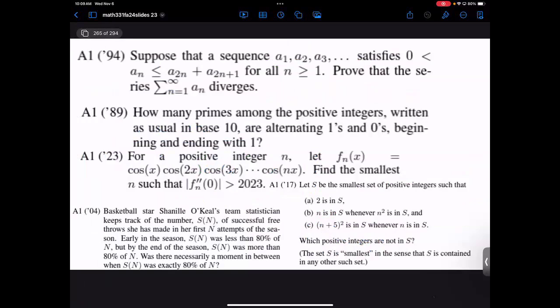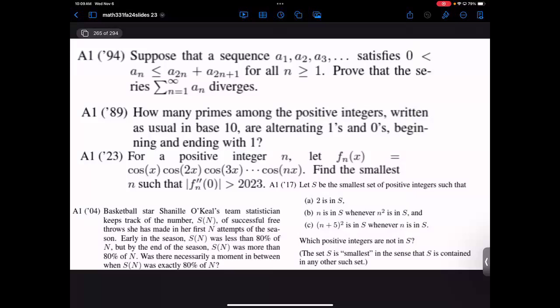From 89, how many primes among the positive integers written in base 10 can be written as alternating 1s and 0s, beginning and ending with a 1? Well, we don't really need to say beginning and ending with a 1, because if it ends with a 0, it's not prime. And if it starts with a 0, we could ignore that. So they're just being, I don't know,